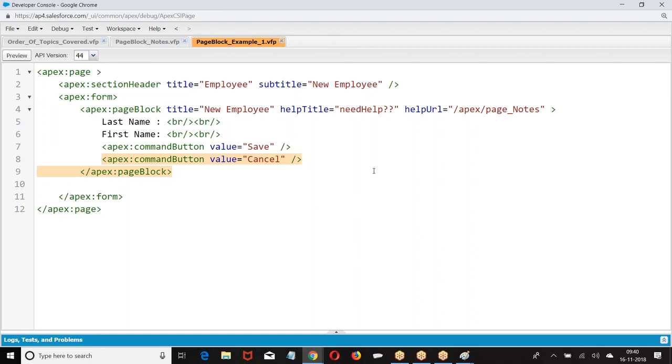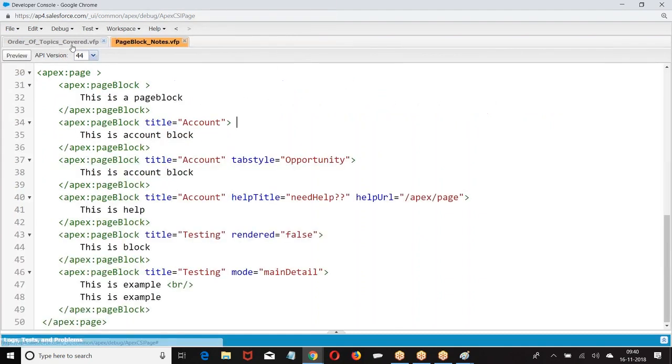See, whenever you are creating a section header in the page, it is always the first element. If you are using a section header, it should always be the first element. Then your actual program will start. Okay, let's go to the next element. What's your query? Whatever sequence we write is what we take. Now, let us go to the next one.